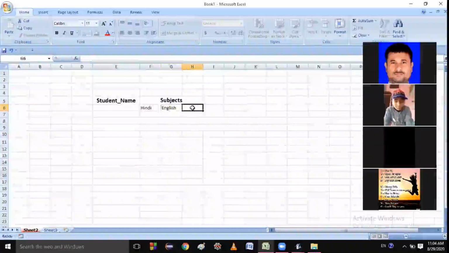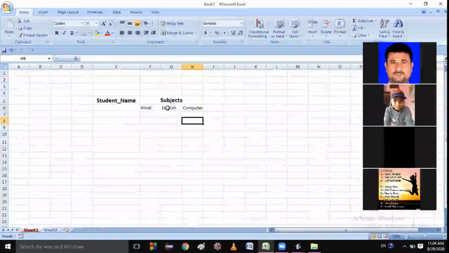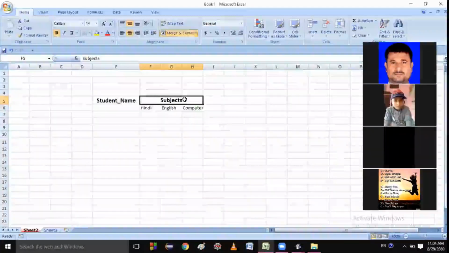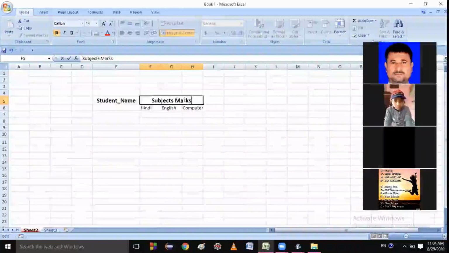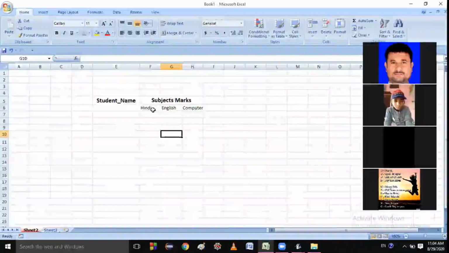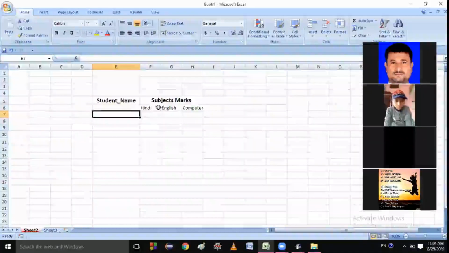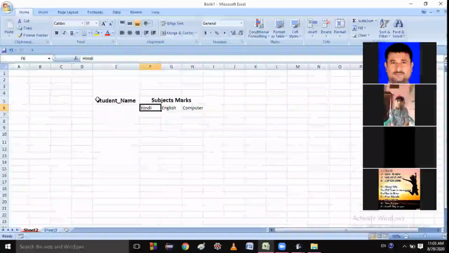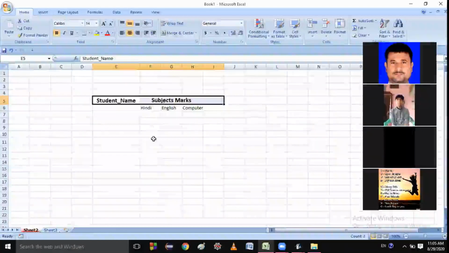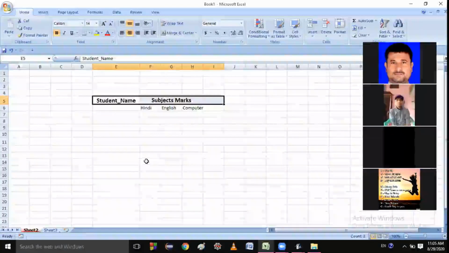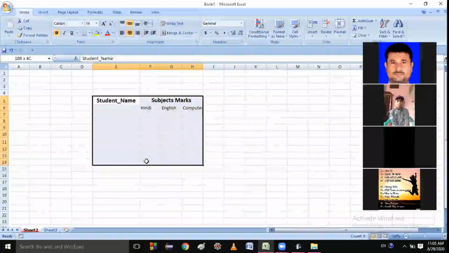English, computer, science. Only 4 subjects. Subject marks: Hindi, English, and computer. Okay, so after that you get the marks, then I can count. Okay, I will do it on the below side.